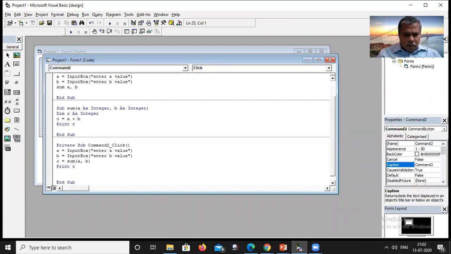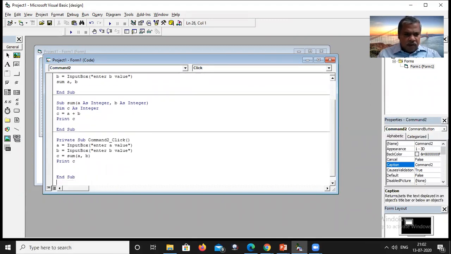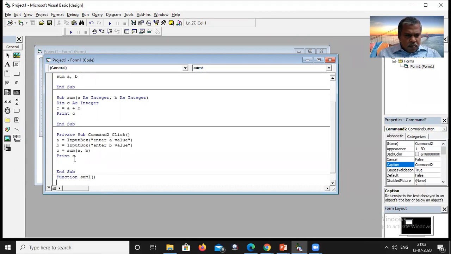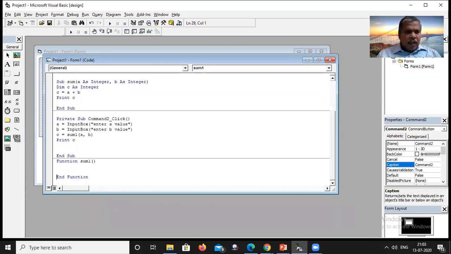In my subprogram, what do I have to write? I have to write a function. The keyword is function. There may be a problem since sum is already used as a procedure, so I will take sum1. Now End Function will be displayed automatically.